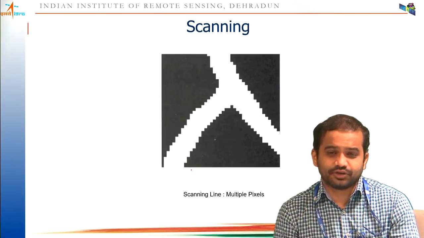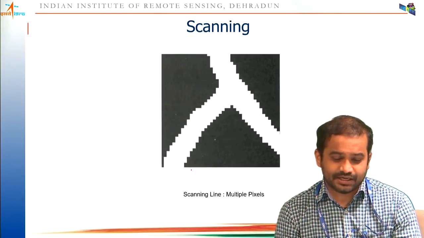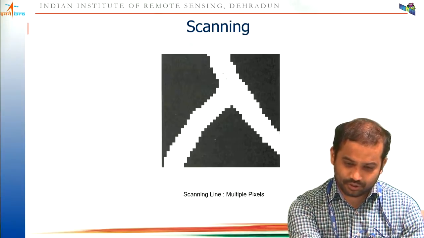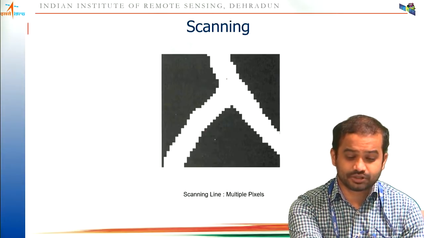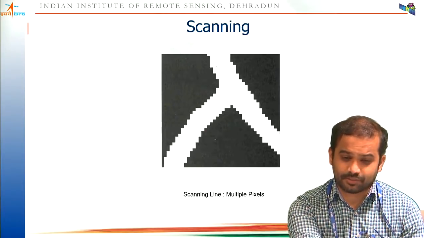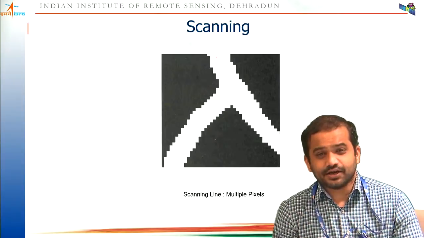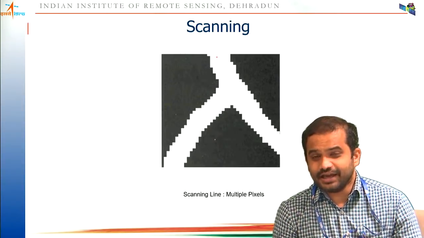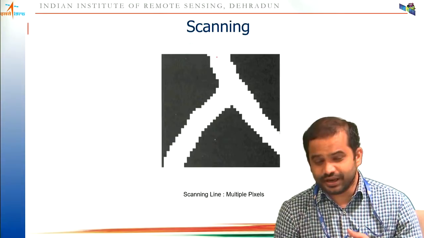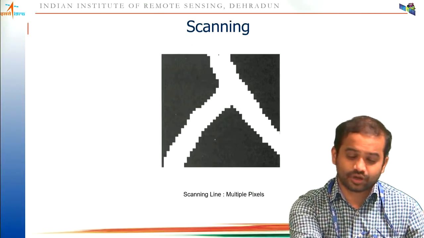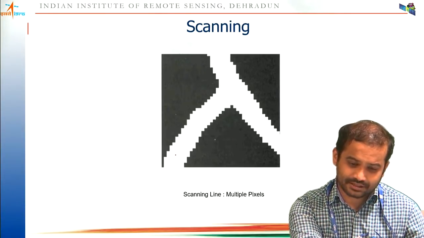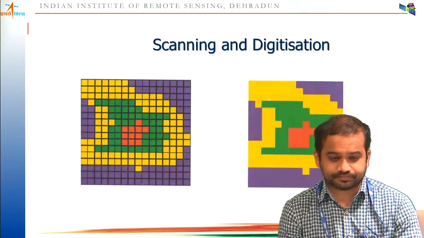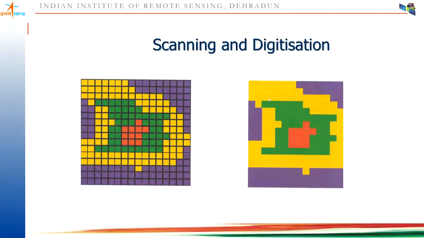So this is a simple example where you can see how a linear feature looks if you scan it. This is a linear feature going here and here, so this is how it will look. Because of the pixels, the boundary may not be smooth, so there will be multiple pixels. But as we know in vector, a line doesn't have any width, right? If you really want to digitize the line, then you can digitize along the center of this, and one line will be created with the branches, right? This example is a hypothetical image of how I can digitize.